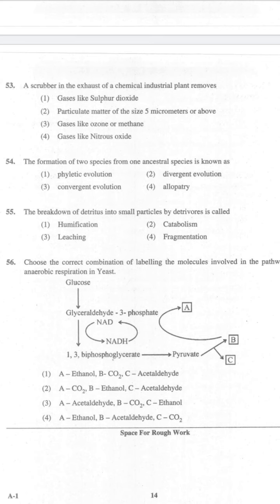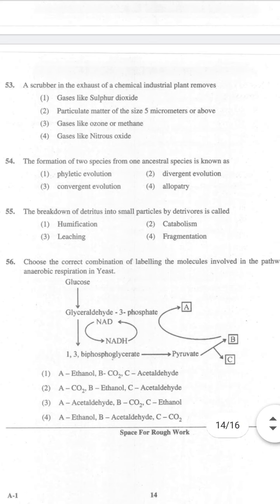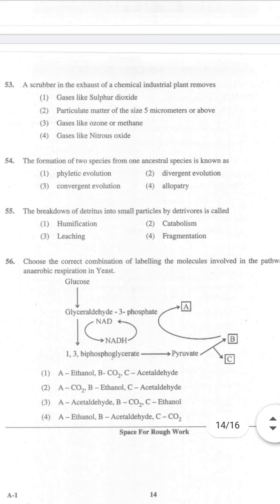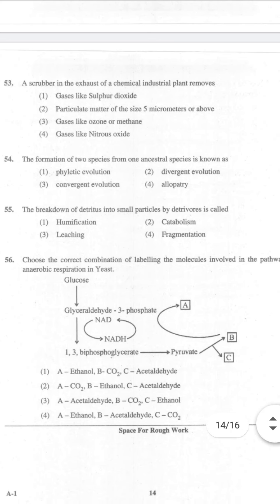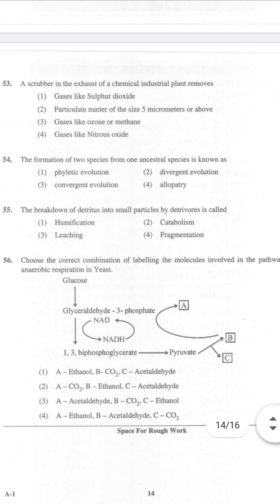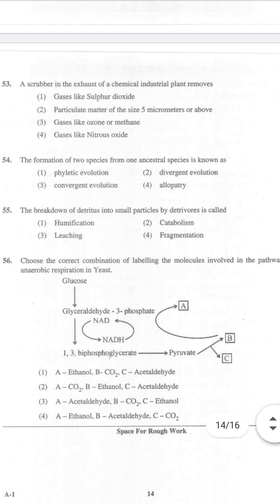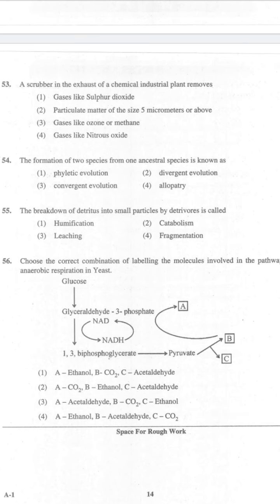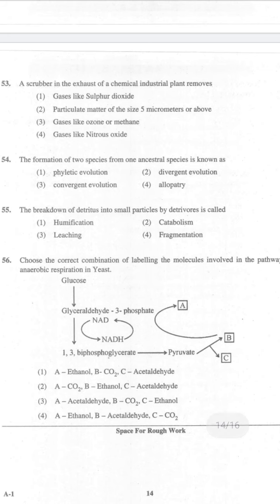So hope you understood this one regarding divergent evolution. And one more point regarding this one, divergent evolution is caused when the difference in the groups leads to formation of new species. Due to divergent evolution, the structures of common origin develop differently according to the environmental need. Hope you understood this one.